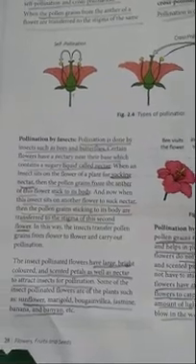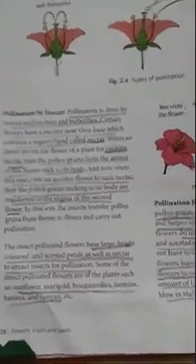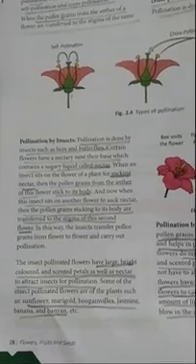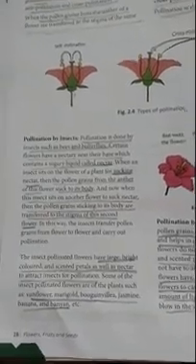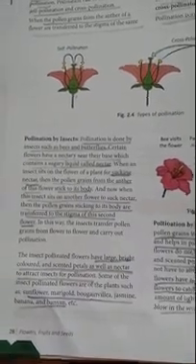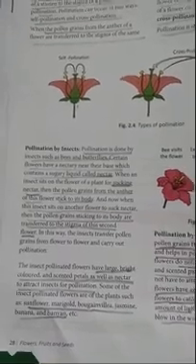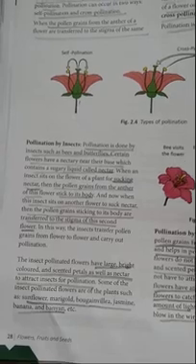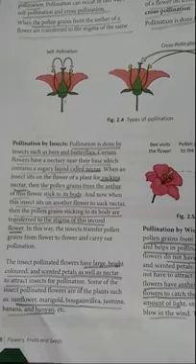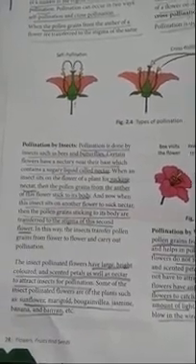The insects that are helpful in pollination are basically bees and butterflies. These insects are attracted to the flower by their sweet smell, and they just go and sit on the flower. Because of the sticky structure, some of the pollen grains get stuck to their body, and when they fly over to another flower, the pollen grains from their body fall off on the stigma of the other flower. In this way they help in pollination.